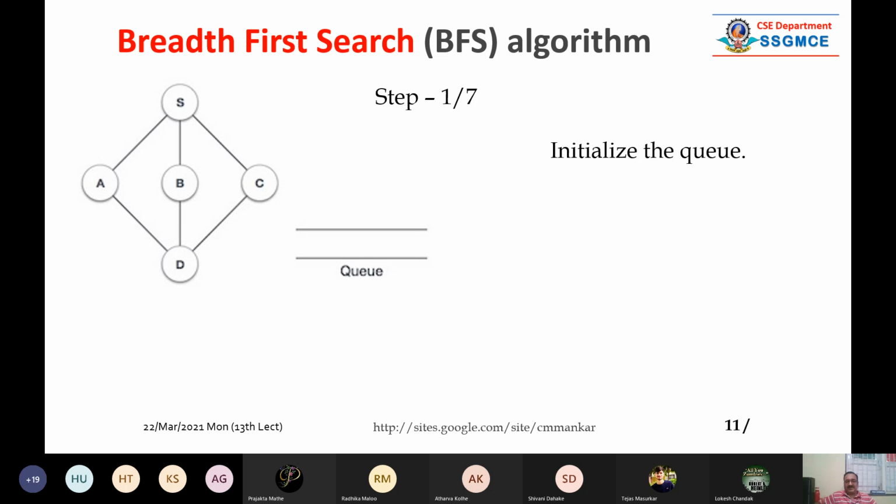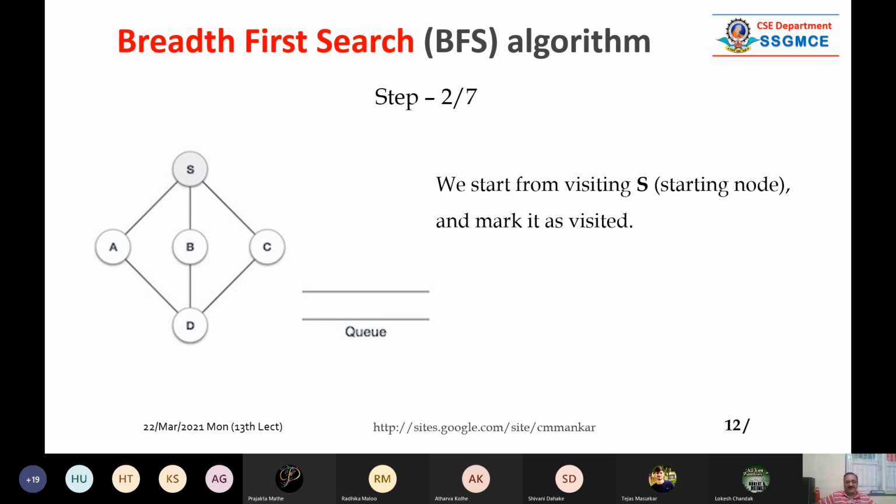Now let us start with, so 7 steps are there. Now the queue is empty, you can see it. Now this is called the initial phase, initialize the queue. So every time we have to decide which is our start node, which is our initial node. So for simplicity, we are supposing that S is our start node. Now the queue is empty. So if we are using S, then we must put S into the queue. So it will be like this.